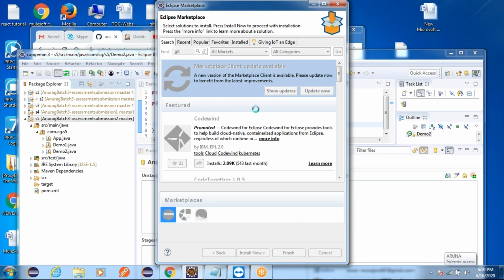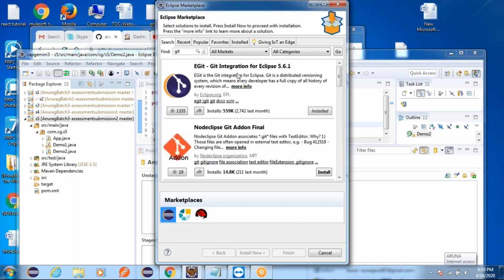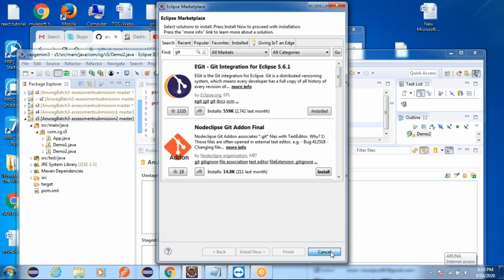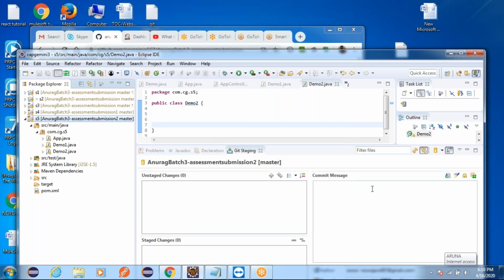The very first, EGit, is the plugin you need to install. As it is installed on my machine, it is showing the status as installed. But initially, you will get an install button. You just need to click it and follow the steps, accept the agreement, and finally it will ask you to restart Eclipse. You need to restart it. With this step, your Git plugin installation is completed.